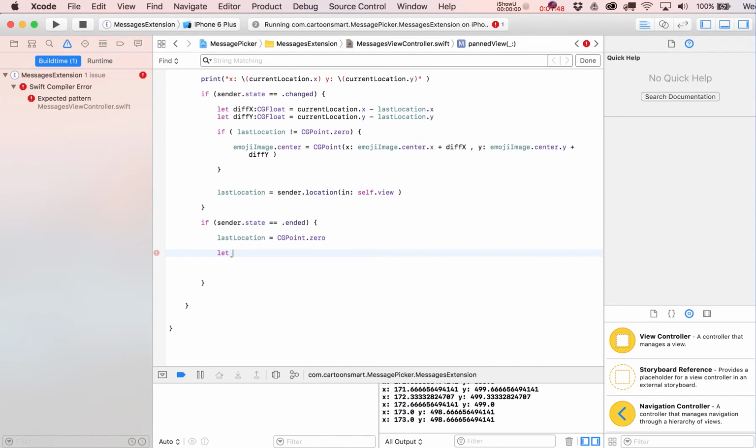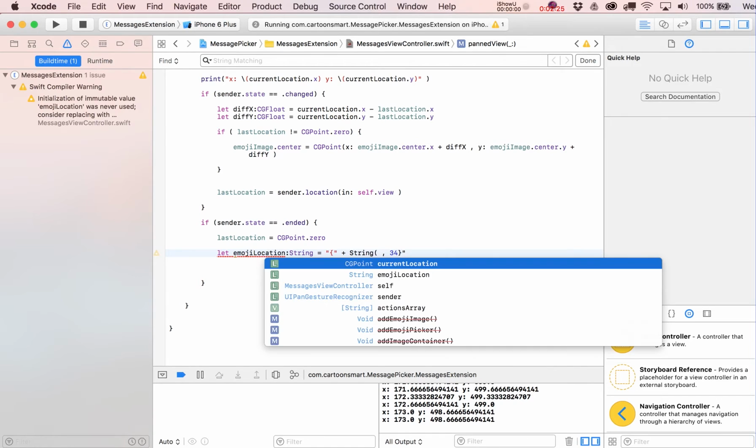So we're going to say let emojiLocation, this is going to be a string, we'll make this equal to, and Swift has a way to pull out a CGPoint value from a string. The string just has to look something like this. Let's say it's like 95 comma separated 34, with these opening and closing brackets in here. So this is basically what we want to recreate string-wise, right? Okay, so to do that, what we need to do is put that right there, plus the string version of our emojiImage dot